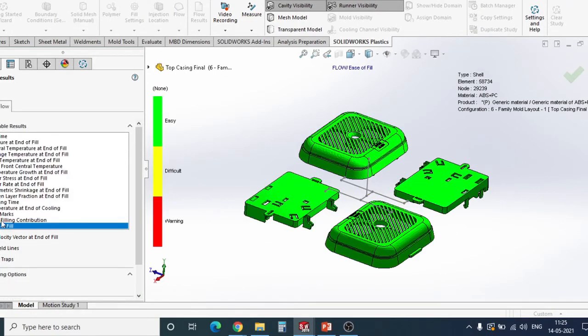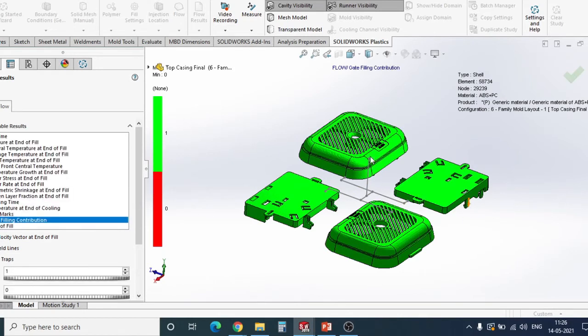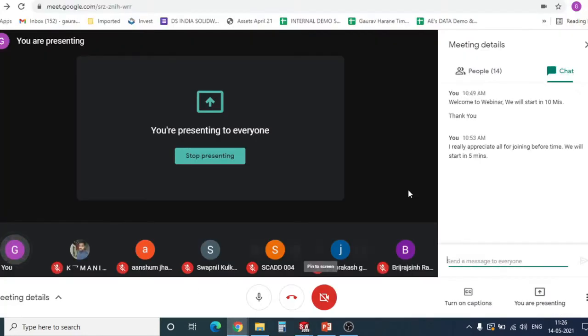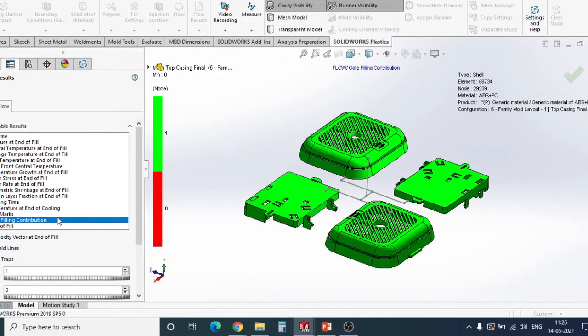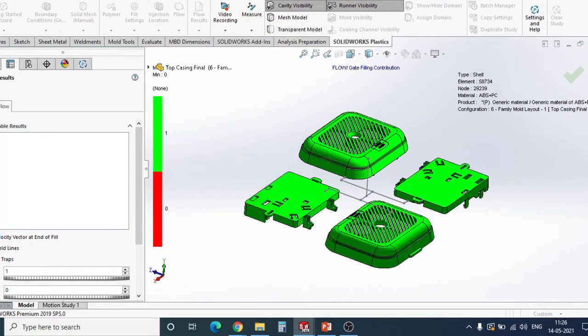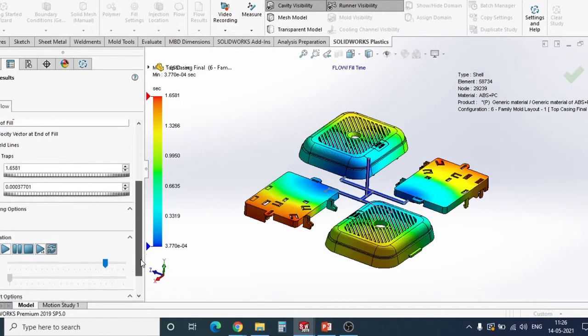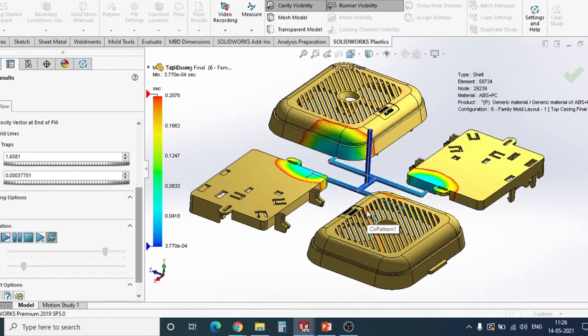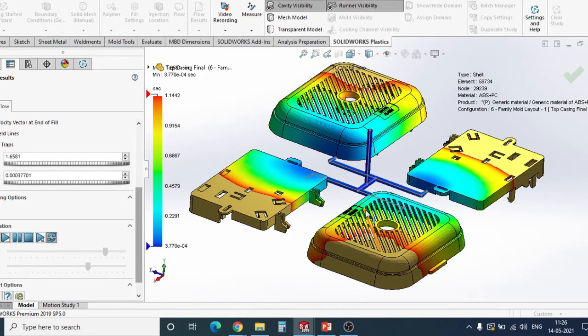So with ease of fill or with gate filling contribution, there is only one gate, and it is contributing to fill all the cavities together, and all the rest of the settings, like if you want to check the weld lines, the air traps, everything can be checked here. Now if you look closely, whenever I run this, the cavities are not getting filled together, right?